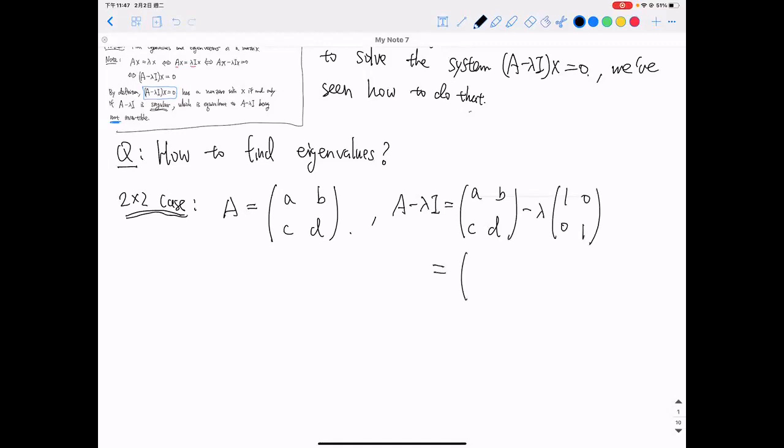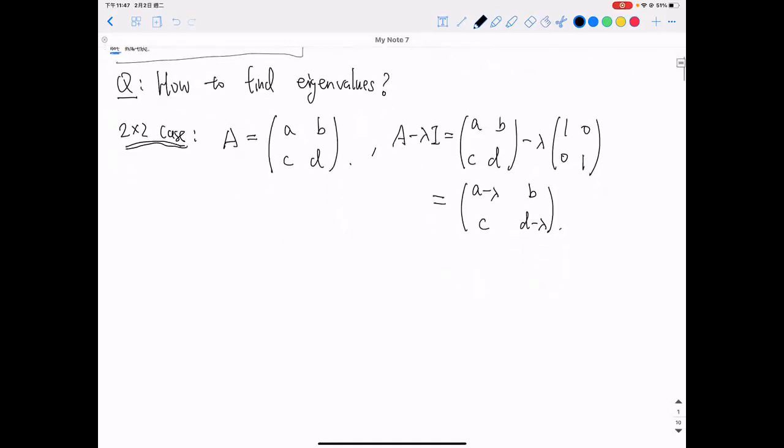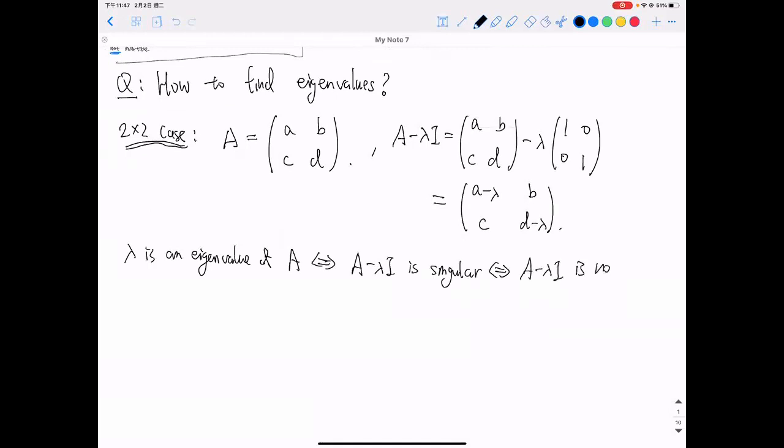So that is A minus lambda, B, C, D minus lambda. Now, as we just talked about, lambda is an eigenvalue of A if and only if A minus lambda I is singular,